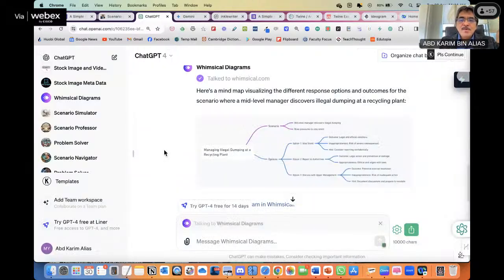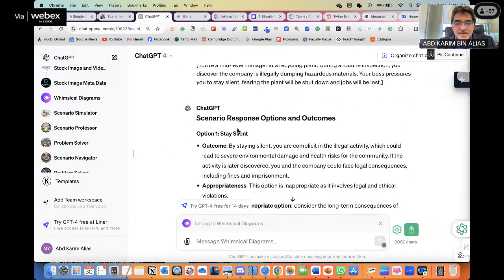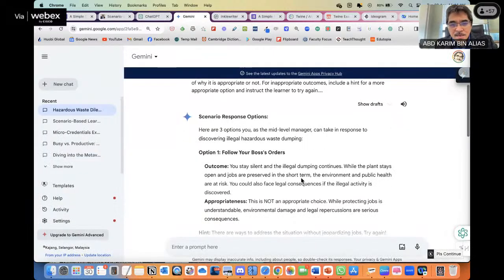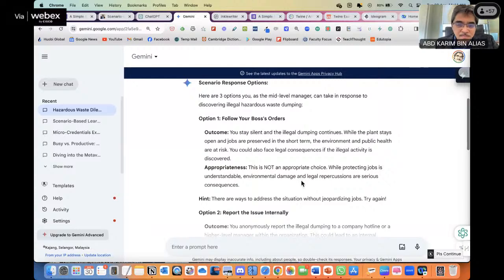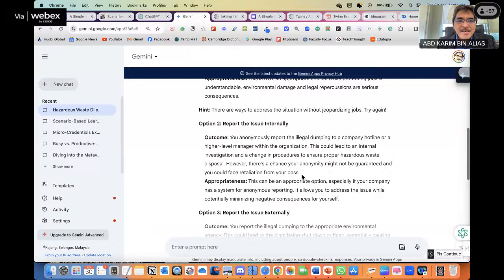Okay, now let's use this one generated by ChatGPT. Of course, just now we have done also using Gemini. So it's up to you which one that you want to take, which one is a better one. I'm just showing you that you can create the scenario by using ChatGPT or Gemini. You have the options.